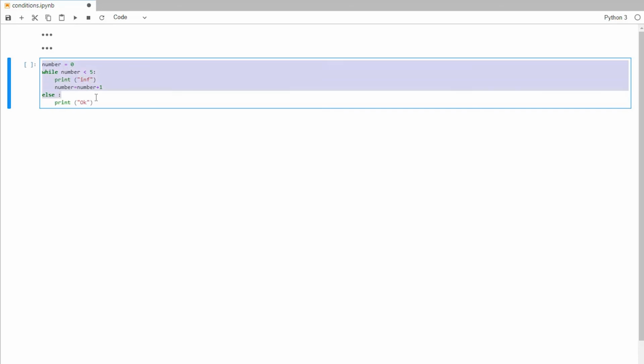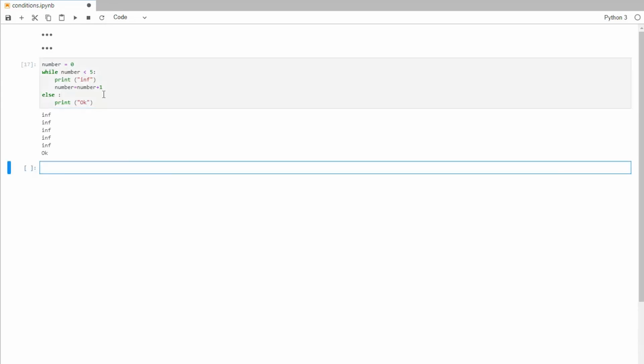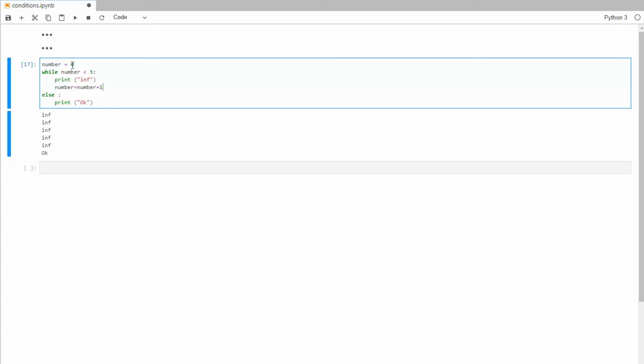So if we hit run now, number is equal to 0, 0 is inferior to 5, so the statement is true. So we're going to print, and then number is going to change. It's going to be number, which is 0, plus 1. Number now is 1. And this is going to restart, and we check 1 is inferior to 5, true, and so on. So let's hit run. Exactly. So for the first value, 0, 1, 2, 3, 4. For the fifth time, we had number equal to 4, while 4 is inferior to 5, then it's true, we had this value. Then we had 4 plus 1, so now number is equal to 5. So 5 is not inferior to 5, then this statement is false, then we go to the other one and we print